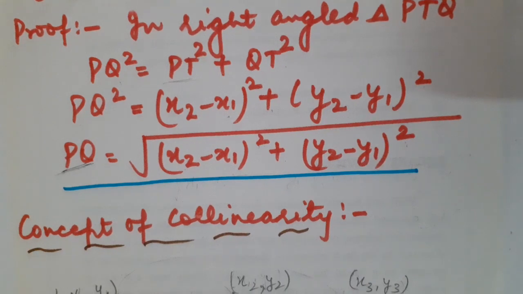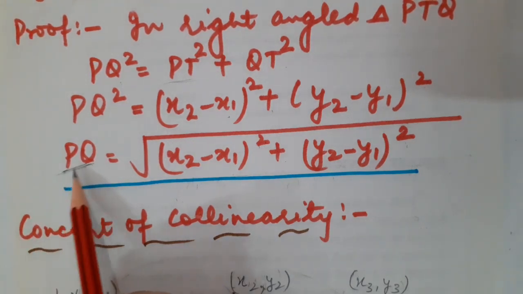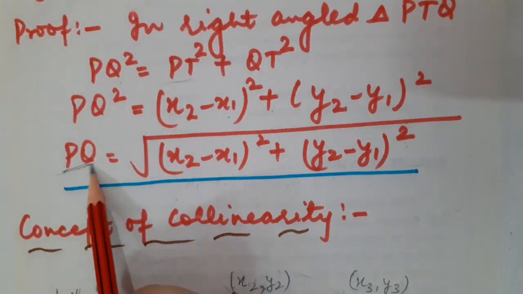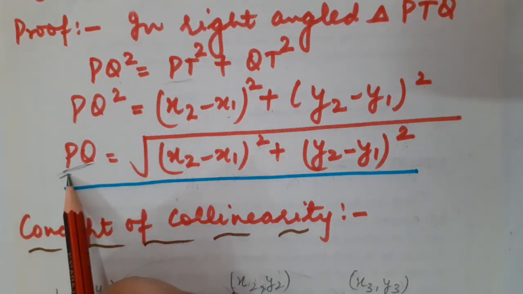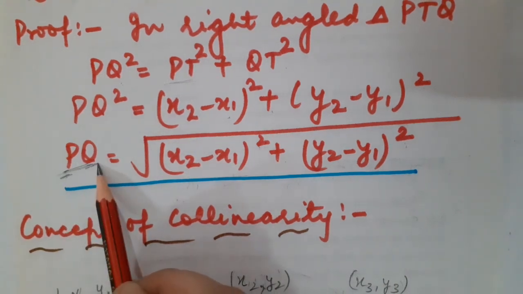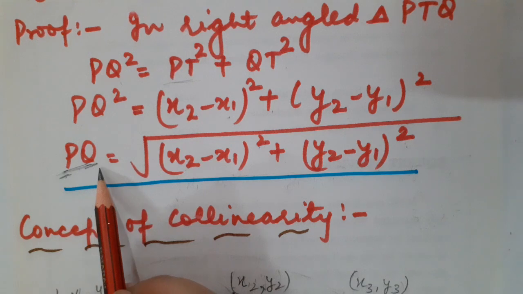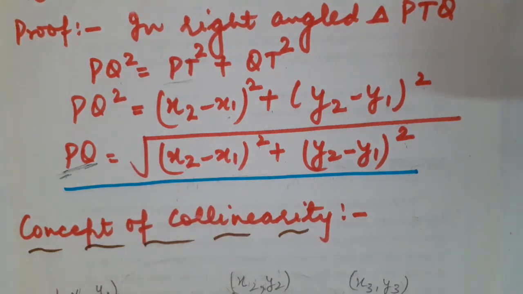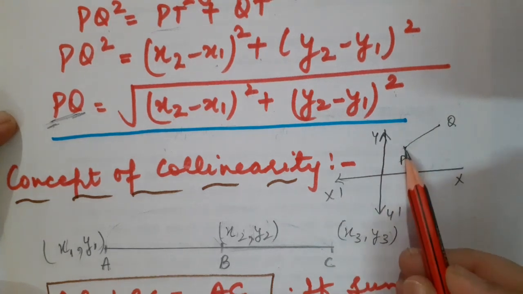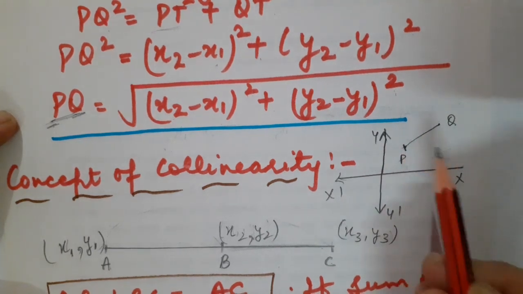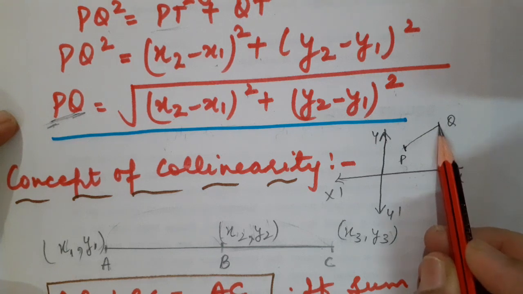The very first topic is that I am going to make you recall the distance formula. So basically the distance formula we use to find the distance between 2 points which are plotted on the Cartesian plane. Fine, students. Suppose here there is point P whose coordinates are x1, y1 and Q whose coordinates are x2, y2. They both are plotted on the Cartesian plane like this. Okay. The coordinates of P are x1, y1 and the coordinates of Q are x2, y2.